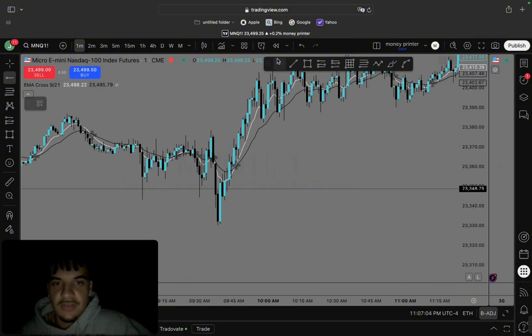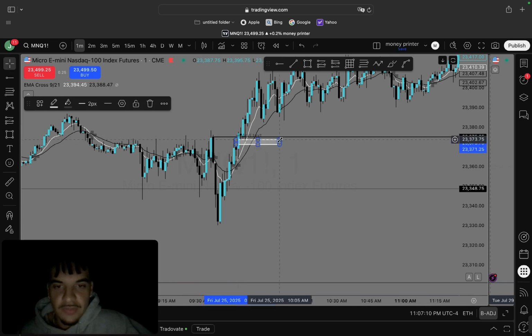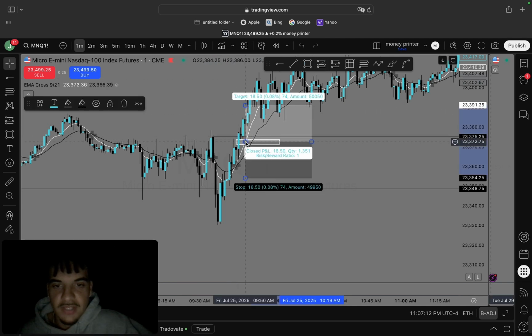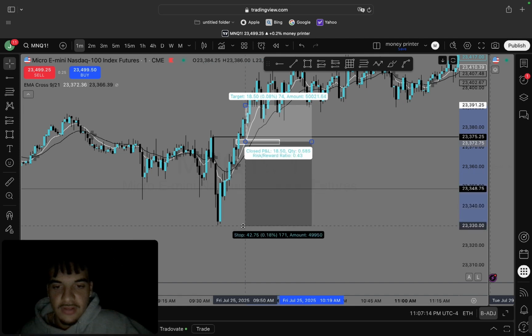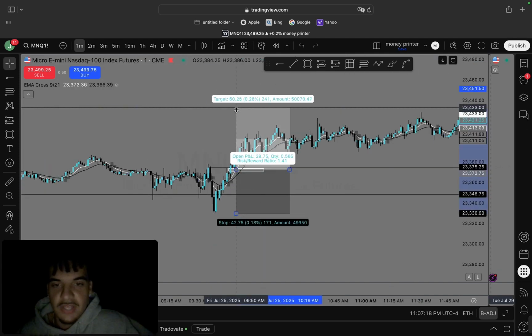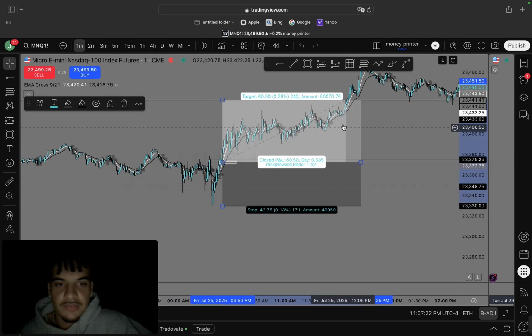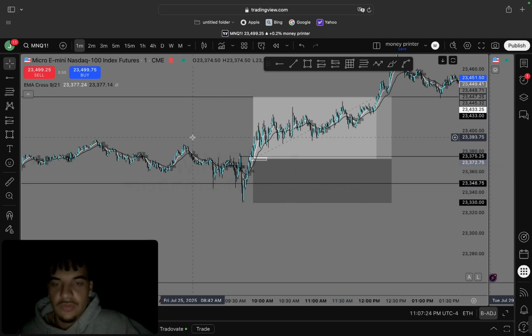So you can see we have a change in the state of delivery right here, and you can see literally as soon as the macro hits at 950, we fill this 1 minute imbalance. I take entry inside of here. I could have stopped down here at the low we put in, and then targeting that London session high. Boom, you can see take profit would have hit around 12, right?